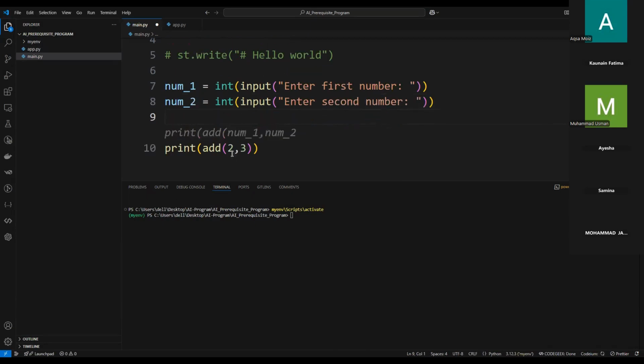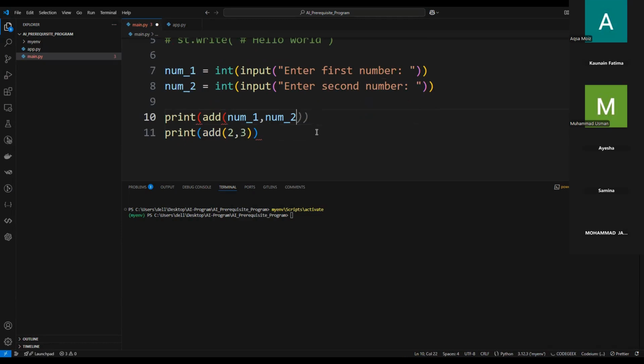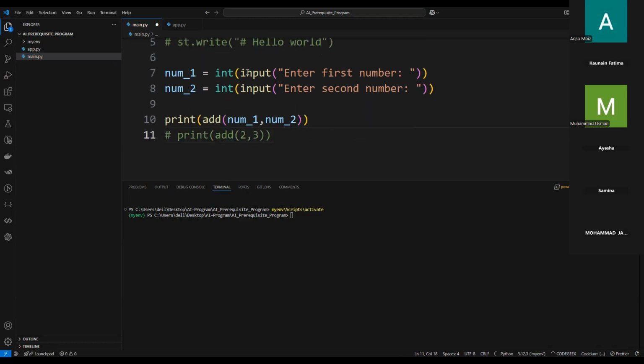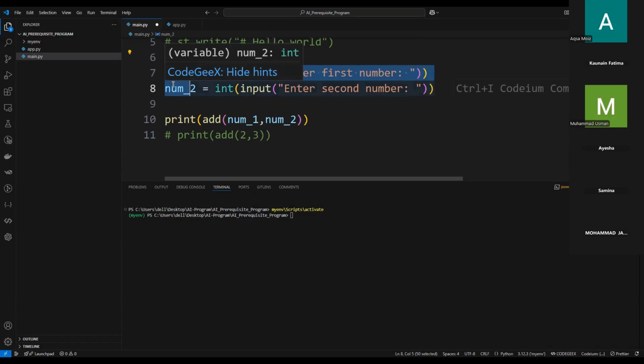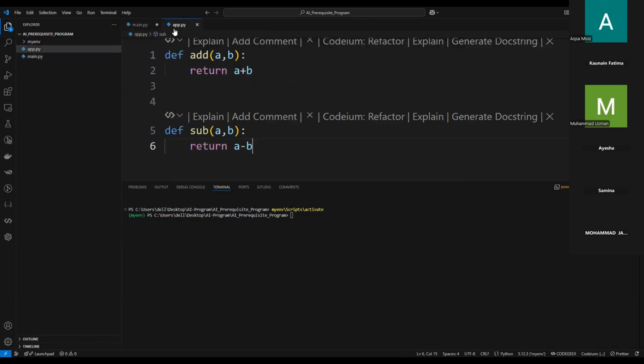ठीक है, ये दोनों चीजें हो गई। उसके बाद मैंने प्रिंट करवा दिया ऐड को। ठीक है, सॉरी, सही है। अब क्या हो रहा है, मैंने यूजर से इनपुट किस फाइल में लिया है, मेन की फाइल में लिया, बट मेरे पास फंक्शन किस फाइल में है, ऐप की फाइल में। ठीक है, दो डिफरेंट फाइल्स में दो डिफरेंट काम हो रहे हैं। सही है। प्रॉब्लम स्टेटमेंट क्या है कि मुझे मेरे यूजर से दो इनपुट लेने हैं और उन इनपुट को ऐड करवाना है।